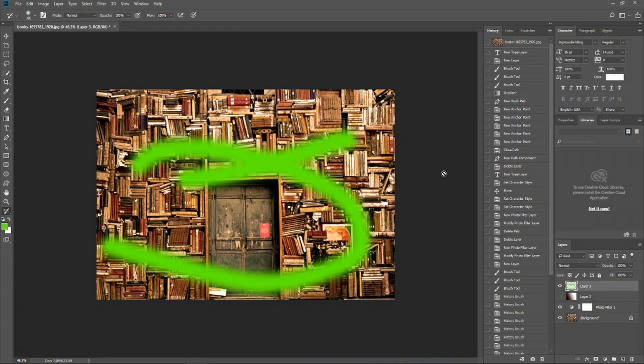So I want to show one more way that we can use history tools inside of Photoshop. Something called the history brush allows us to draw on a layer that we have selected in the layers panel. Using the history brush, we are drawing data from a previous point in history. So for instance, if I wanted to revert things back to the initial image here, this books.jpg file,